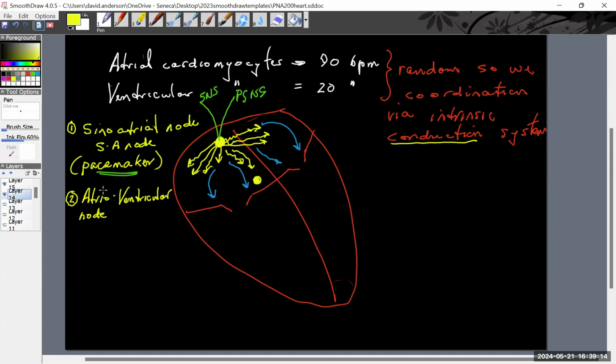So that's the second location for these conducting signals. Remember, conducting was not contracting. So there's going to be a delay between the sinoatrial node and the AV node that allows the atria to contract. Now, this sinoatrial node has relatively high resistance